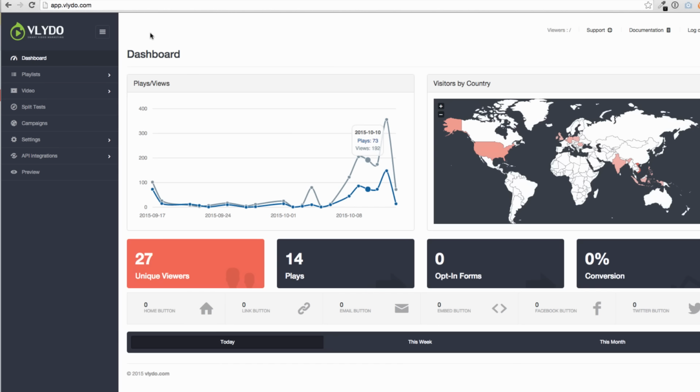Okay, so this is Vlydo on my screen right here. Now, you'll see that immediately when you get in here, it looks professional. It looks like a great video system, and it gives you a lot of data that you'd probably be quite interested in. It tells you how many video views you're getting per day, so you can actually see it increase. You can see all the details, from how many clicks the home button has got,